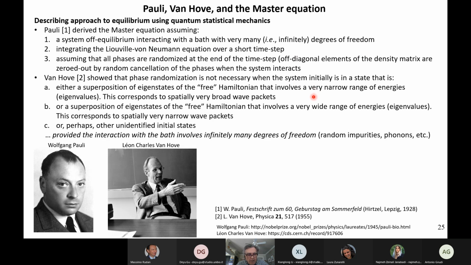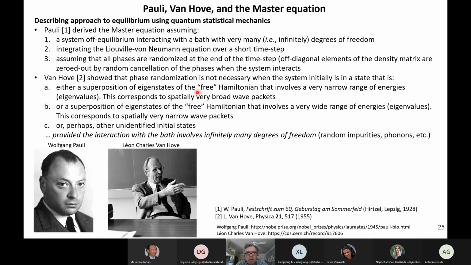Take an initial state which belongs to either one of these two classes. By the way, he didn't show that what I'm going to say is true only for these two classes. Essentially, he said, I found out that for these two classes, what I'm going to say is true. There might be other classes of initial states that are also endowed with the same property, but I couldn't find any. So at least if the system is in one of these two classes, the initial state that you assume for your off-equilibrium is not an arbitrary combination, an arbitrary occupation of all the states, but it's a